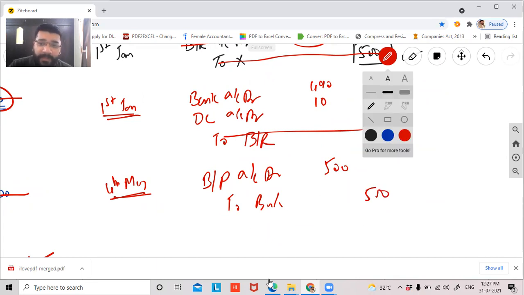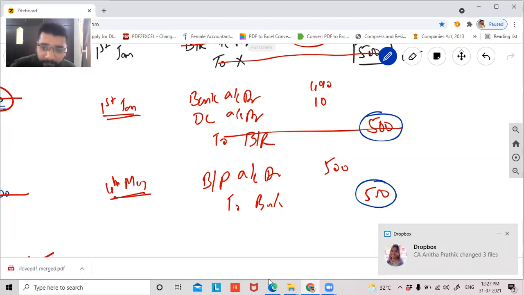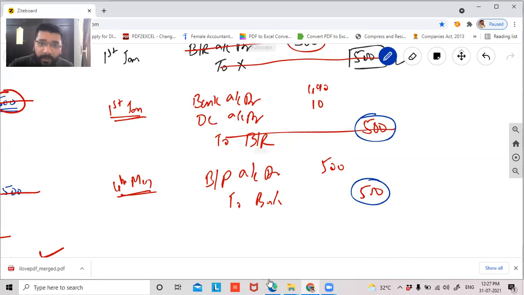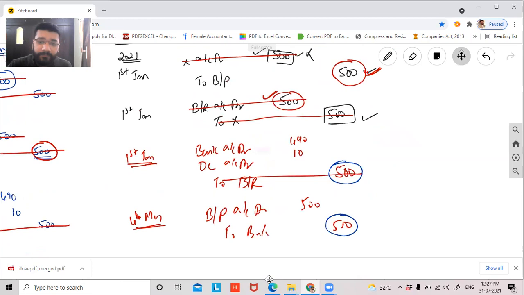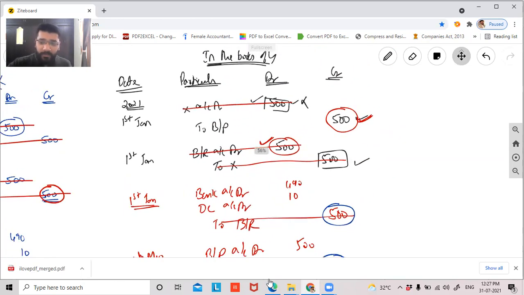The logic is very simple, guys. Y has enjoyed this 500 rupees and he's paying this 500 rupees. That's all. X has enjoyed 500 rupees, he's paying 500 rupees. This is an arrangement where a bill is drawn on each other so that help can be given to each other. And the help that each of them has received, they will settle to the respective banks. Now are you clear with the concept? Yes. Everybody. Yes, sir.